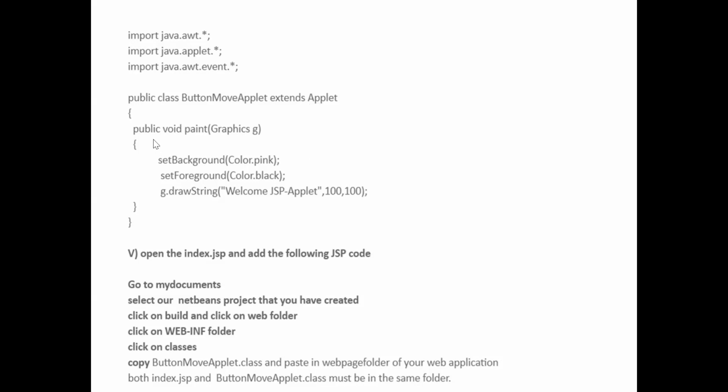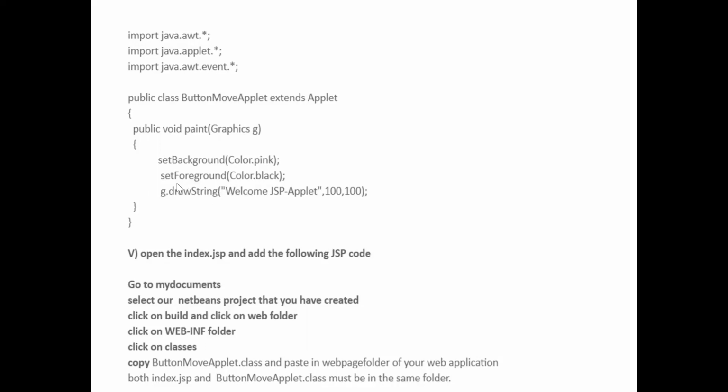So I can take one more, that is a public void paint of Graphics g. So g is nothing but a built-in graphics we can draw. So I can set the background color to pink. So setBackground of Color.pink, and the foreground, that is the font color, is black.